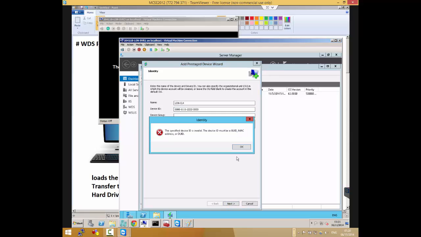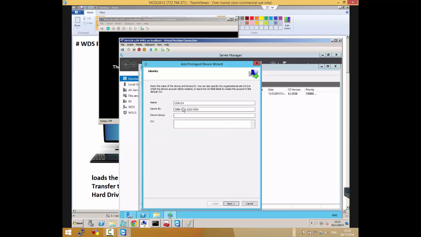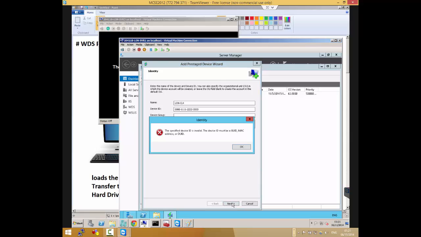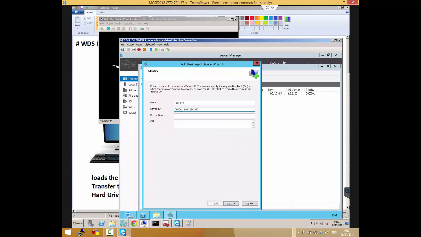So what format is a particular format that it's looking for? Um, so it's looking for, I'm not sure. Which other format do we have? Yeah, so it's looking for a particular format.